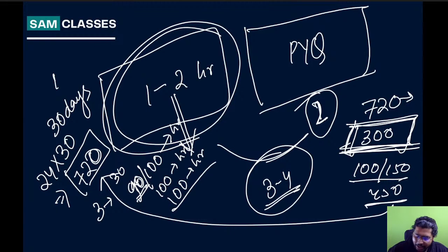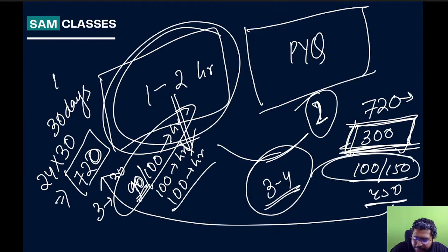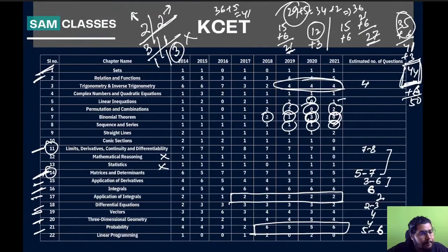No issues, okay? If you dedicate properly 100 hours for maths, 100 for physics and 100 for chemistry, and 150 hours for revision, done. Rest all, you still have 720 minus 450, so much time left. Sleeping, other things, done. Even if for 1 month you sleep a bit less, 5 hours, that is more than enough. So every student, very important.